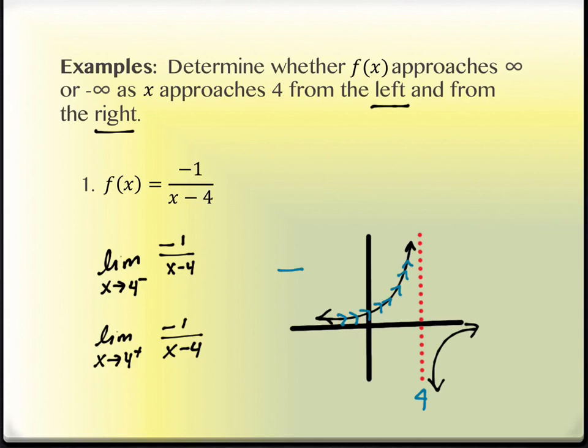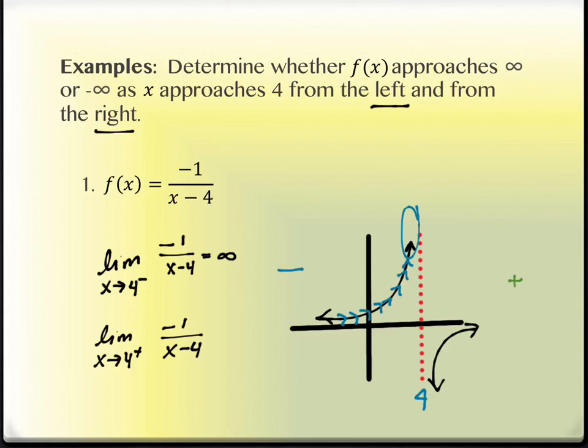They're bigger. They're going up. Yeah, so this is the part of the graph that I should be looking at on the left-hand side. Okay? So it's shooting up to infinity, right? So what that tells us over here is that we're going to write that this is infinity. On the other one, I'm approaching from the right side. We'll change colors. I'll do green. So this is the right side.